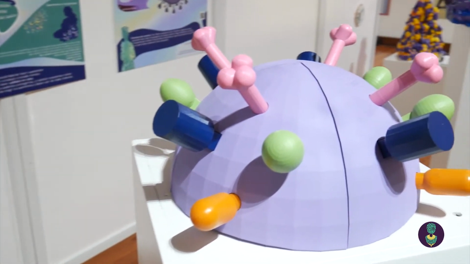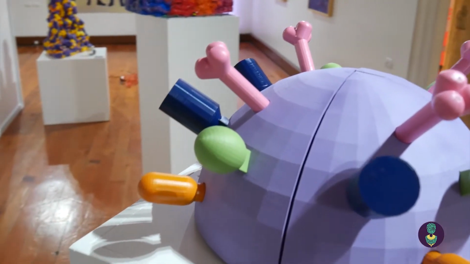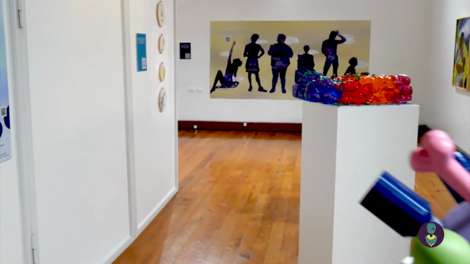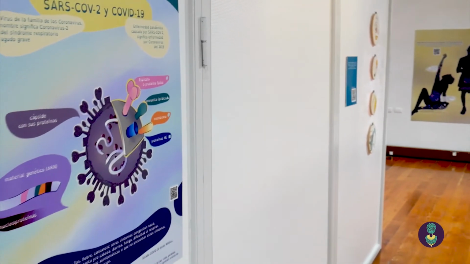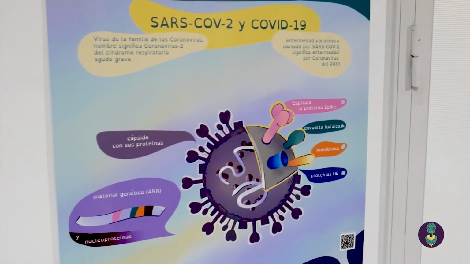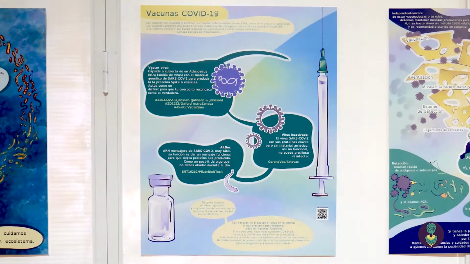The genetic material, in this case RNA, is found inside the viral particle. RNA contains the instructions to produce proteins that make up this viral particle. There are currently 5 vaccines in circulation in Chile, with 3 different action methods. All of these are safe and effective in protecting us from COVID-19.